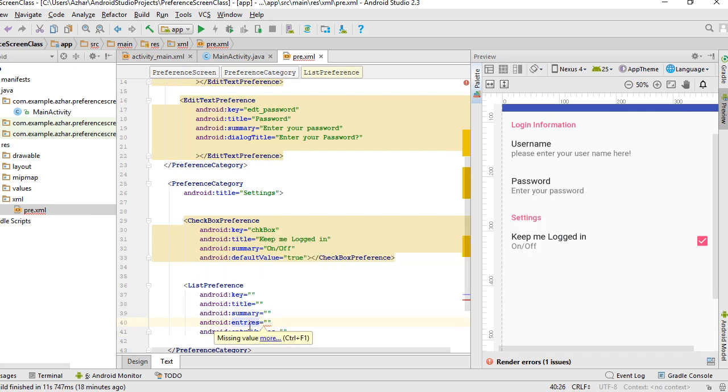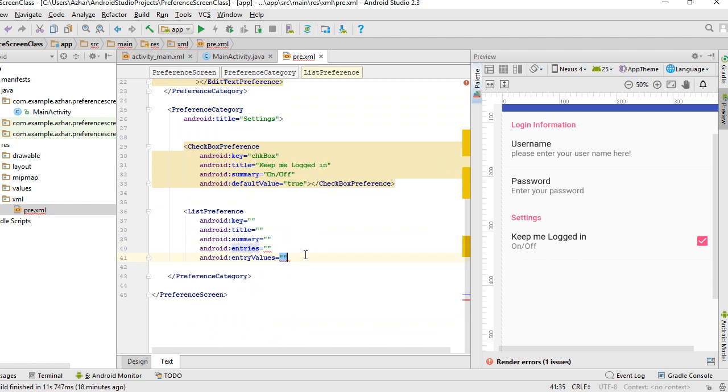What is the difference between the entries and the entry values? So I'm going to close this one, and the key should be list, title should be this one, language, the summary should be choose your phone